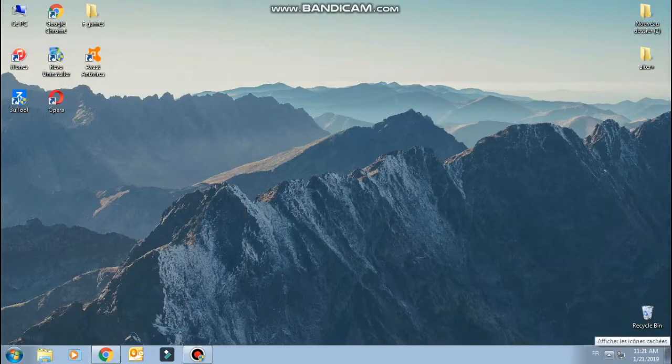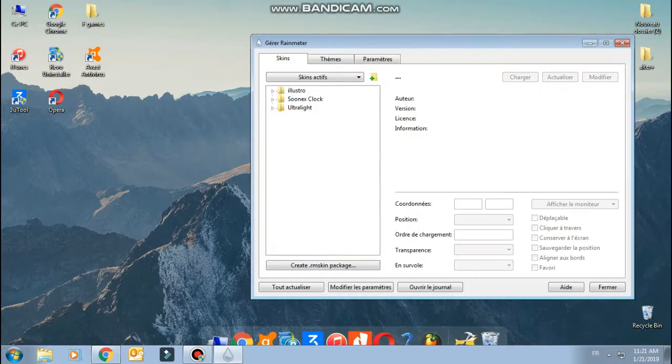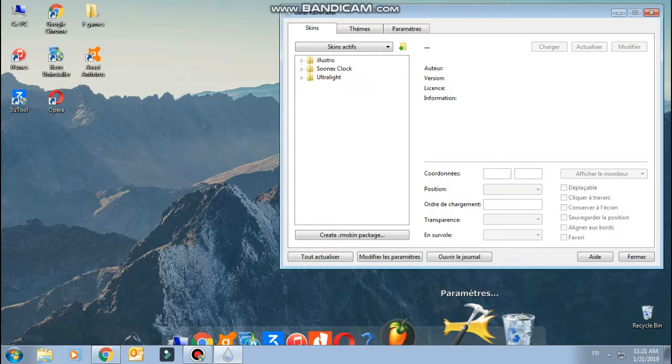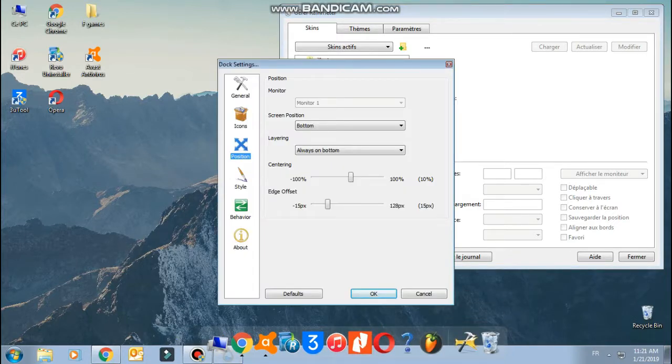Okay, I'm back guys. So first thing, after it's open, go check right here. You're going to find the Rainmeter. Anyways, it's going to be easy. First thing, and also there's Rainmeter. And also it should pop up with install to pop up on the start if you use it.